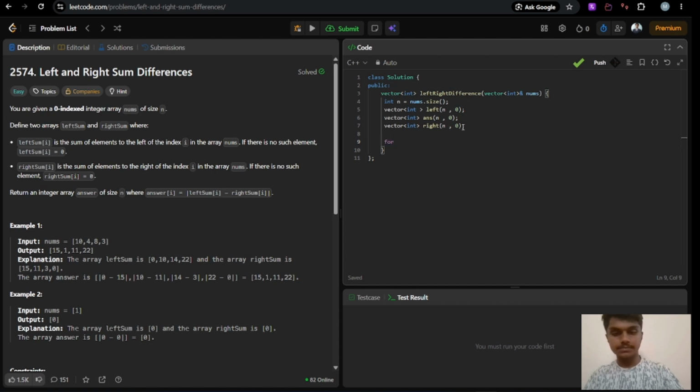and we will store the difference between the left and right sum vectors in it. First, I will run one for loop for left sum. It will start from i equals 1. Oh, sorry, it will start from n minus 2, and it will go up to i less than or equal to 0, and the iteration will be negative for this, as left of i equals left of i plus 1 plus nums of i minus